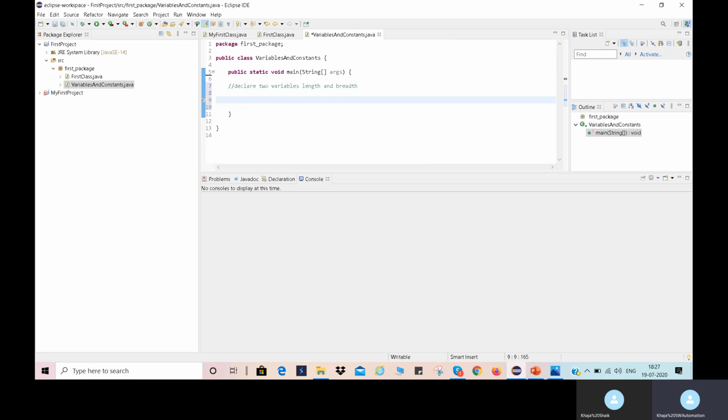Data type. Here we have different data types, right? The most commonly used data types are int, float, double, char, and boolean. Here I am not taking any decimal point values. That's why I am taking integer data type, and then the variable names: length, comma, breadth.